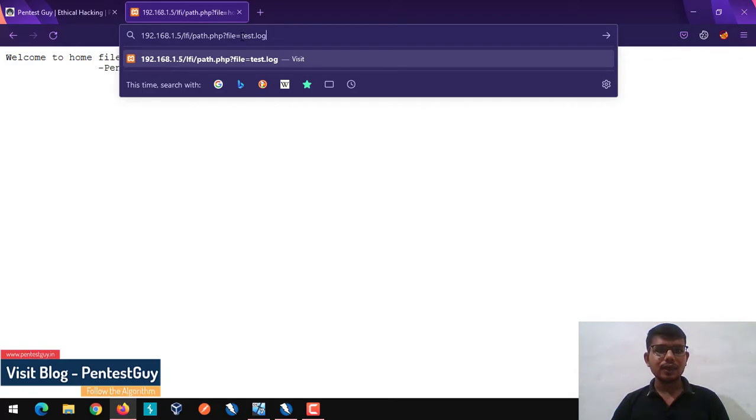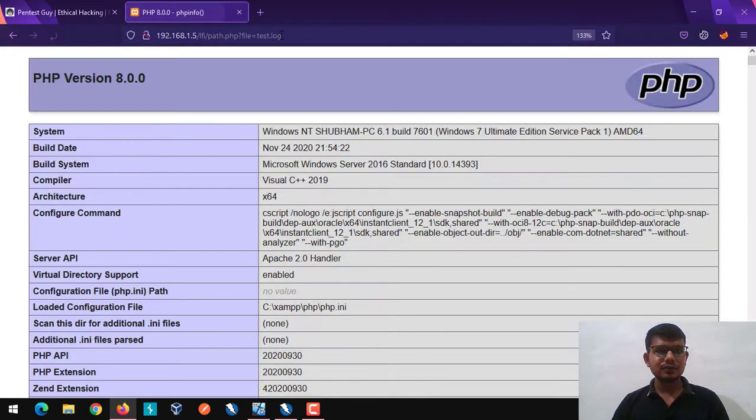In LFI we normally need to provide an absolute path, but here it's in the same directory. So if I provide the test.log file and hit enter, that PHP code is going to execute and we are able to get the information shown by the phpinfo function.